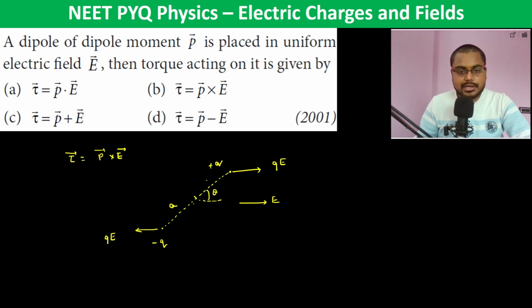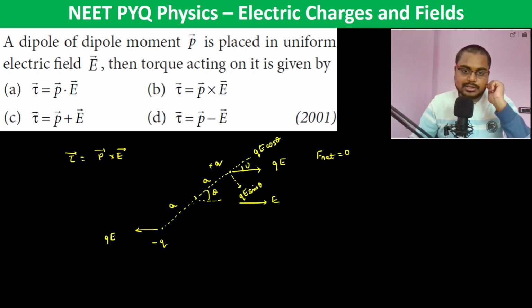Let this be A and let this be also A. So we can see that the net force is going to be 0, because net force is plus QE and minus QE, both in opposite directions, but there is going to be a torque. This is QE cos theta and this is QE sin theta, because this is the theta. This is going to produce a torque in the clockwise direction, and this is also going to produce a torque in the clockwise direction, which is again QE sin theta,